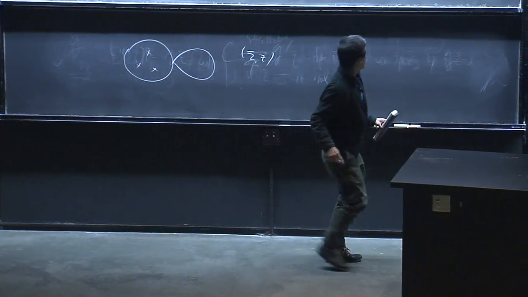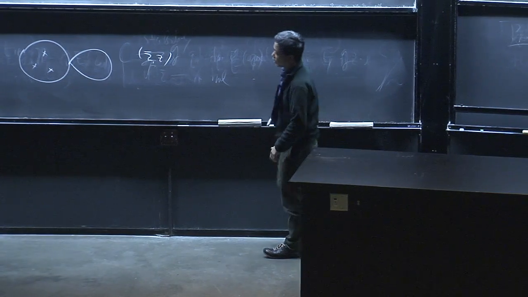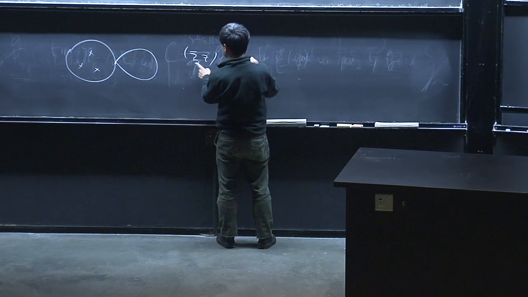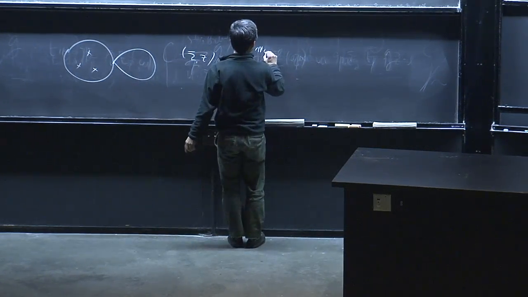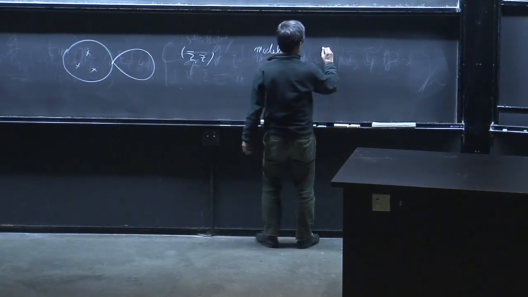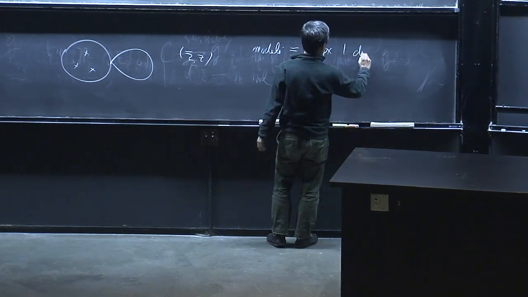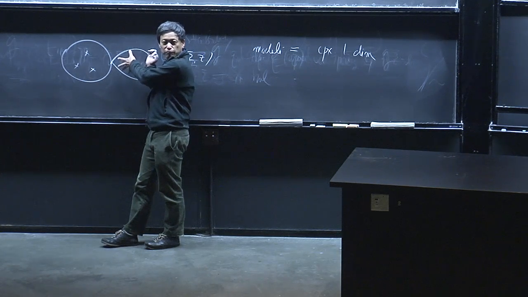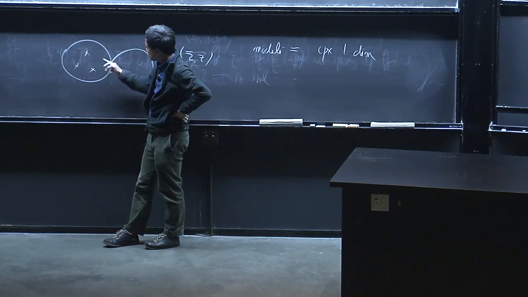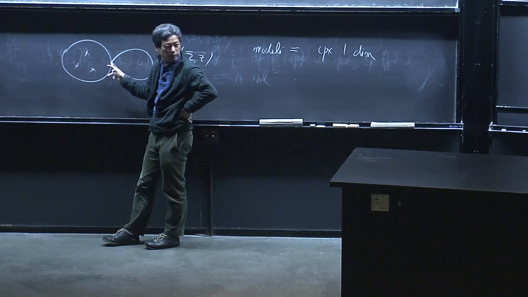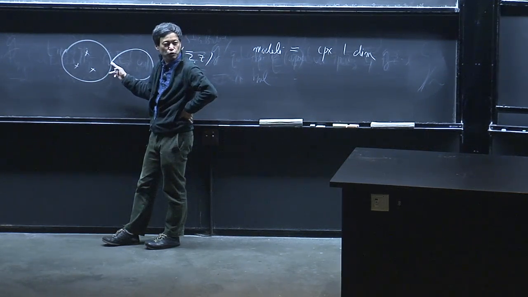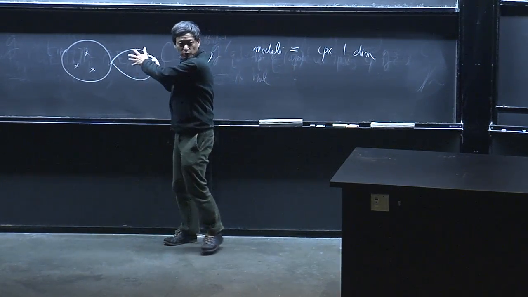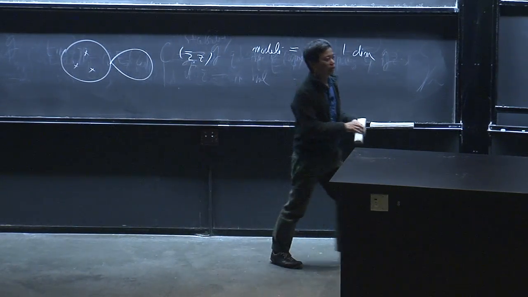And then let me think, what is the moduli of this kind of picture? The moduli of this singular guy is complex one-dimensional. Because this has no moduli, right? Of course, S2 with 1 marked point has no moduli. But you have 4 points here, 3 marked points plus 1 nodal point. And S2 with 4 marked points has a complex one-dimensional moduli. So the moduli of this configuration is complex 1-dimensional.